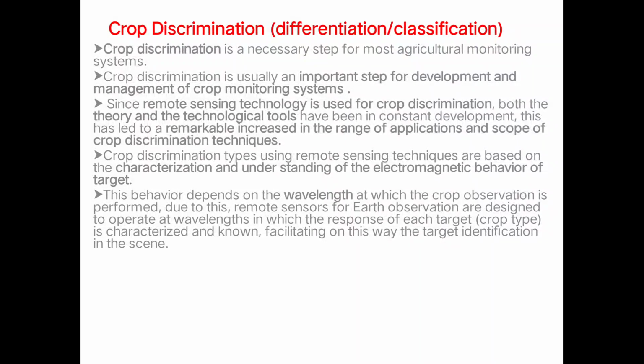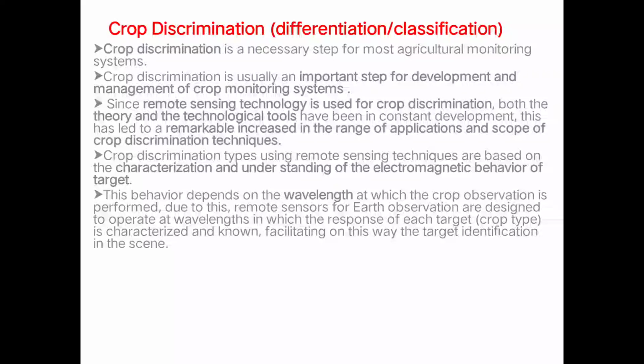Firstly, we will understand what crop discrimination is. Crop discrimination is also known as crop differentiation or crop classification. The crop discrimination is a necessary step for most agricultural monitoring systems. It is usually considered an important step for the development and management of crop